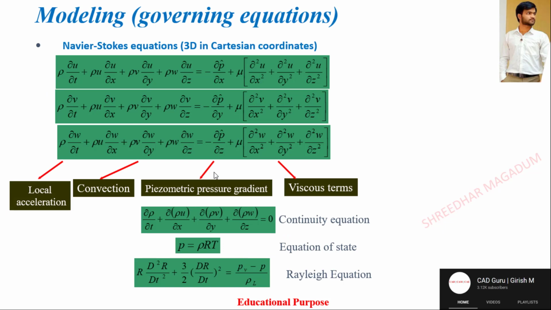The Navier-Stokes equation, this is the entire equation, very important equation. Okay, it looks complex, but all the CFD modules will refer to this one as a reference. We are going to utilize the continuity equation and the equation of state and the rho equations to solve the governing equations. Okay, the viscous terms: at this location, if it is viscous, it will solve this equation. If I consider the pressure gradients, anyway you're going to deal with this one. Conduction, convection, and radiation, if considered, this equation will be solved. And if you take the local acceleration, this will be taken into account. Okay,